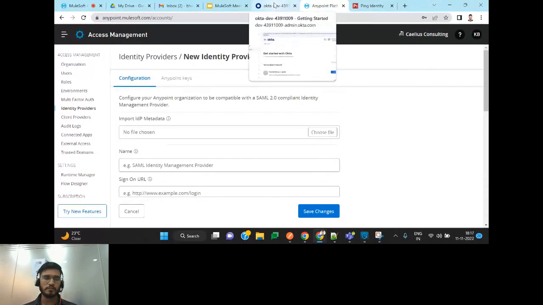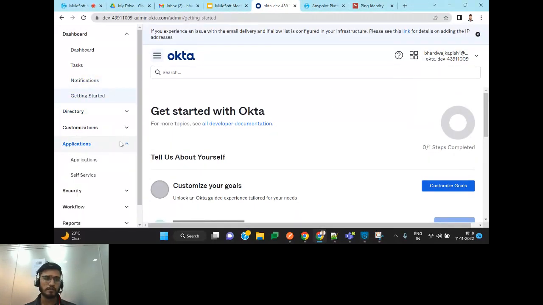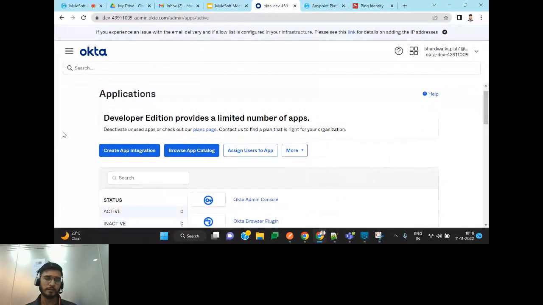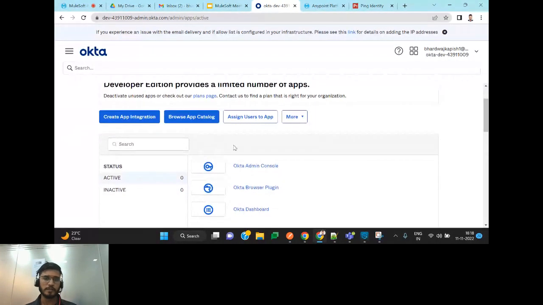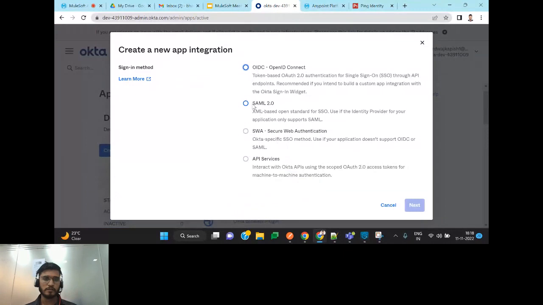For that, you need to have an Okta developer account, and that is also free, where you can make your Okta developer account. I've already made my Okta developer account, and what I will do now, we will go to the applications, and under applications, you need to click on your application. So you need to create your app integration. So you need to create your application in Okta so that you can connect your application with the Anypoint platform for SSO. So what we will do, we will create a new application, and I will select the SAML 2.0